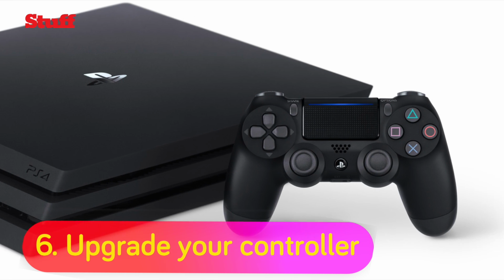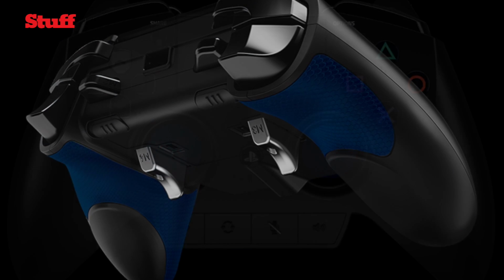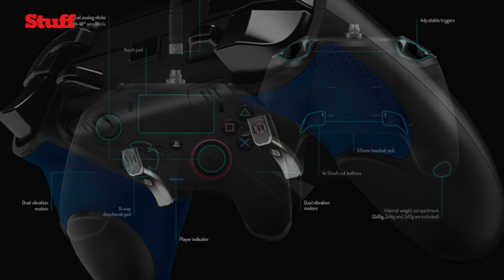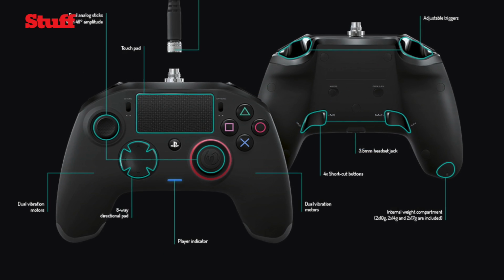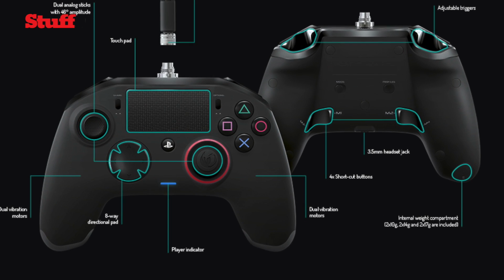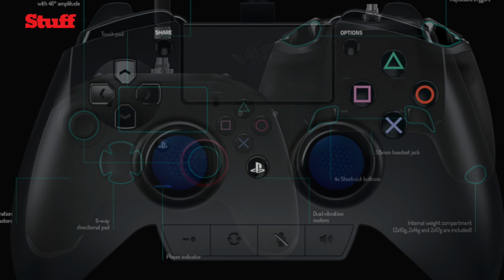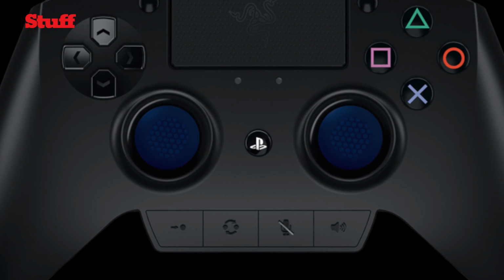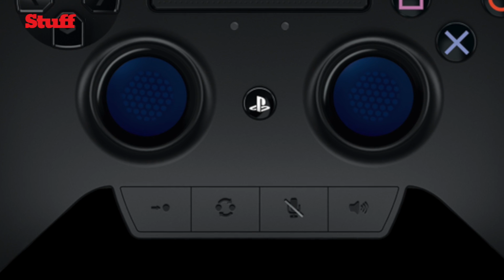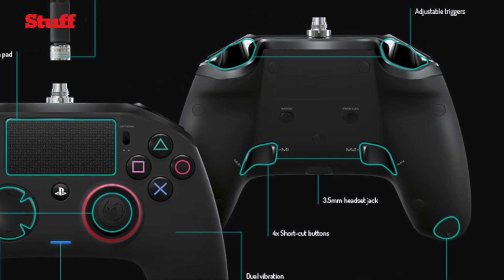If you're going to go pro with your console, you probably want to go pro with your controller as well, and manufacturers Razer and Nacon have some esports oriented pads in the works. Okay, these controllers aren't actually available at the time of recording, but they're both set to arrive this Christmas in Europe. They've been developed in conjunction with Sony, but they differ from the official pads in that they use higher quality components, have all sorts of shortcut buttons, and are wired to your console for reduced latency. We've not had a chance to try them out ourselves, but they're looking pretty good, and we'll update on the